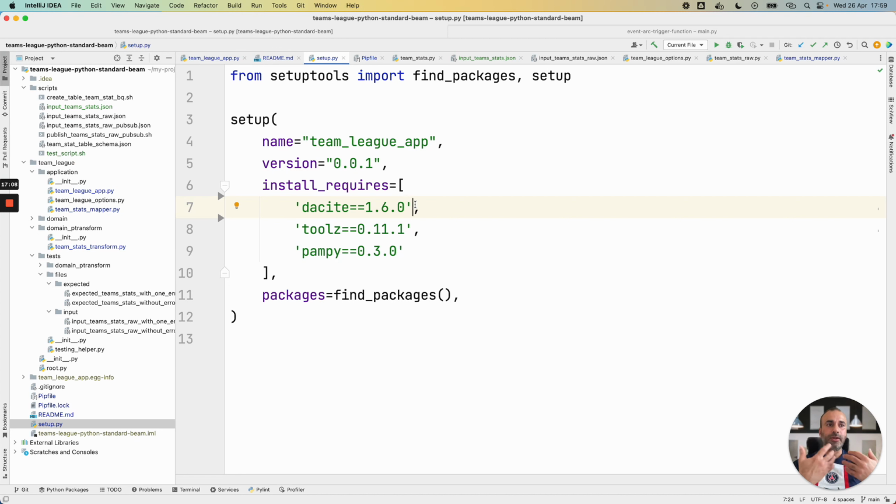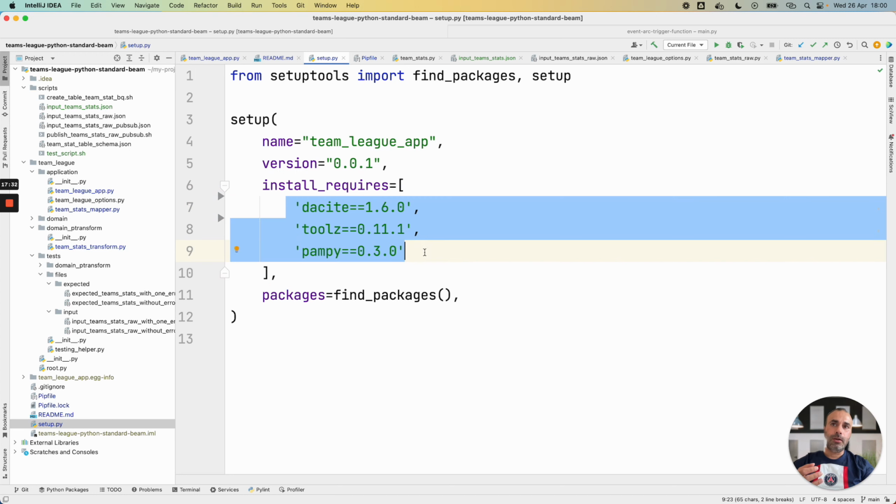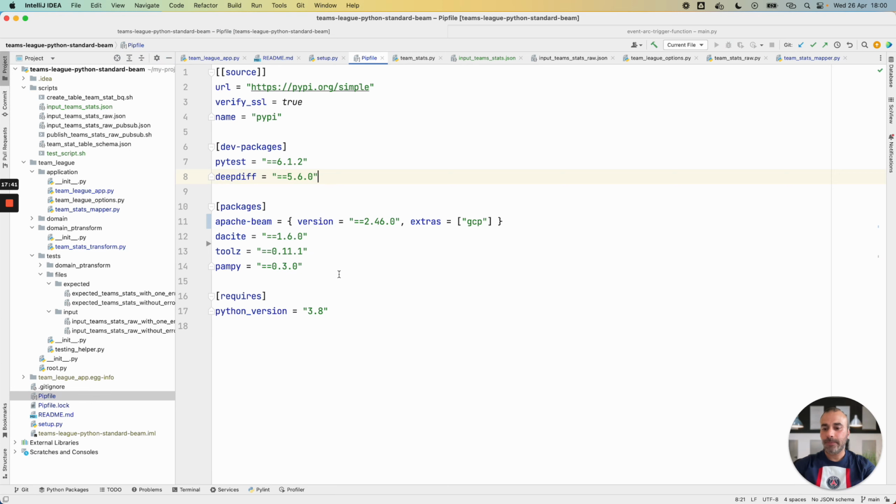It's very important to have the same packages because the runner will prepare the job and the workers will use the setup.py file and the version needs to be the same. No need to set Apache Beam here because the Apache Beam will be taken from the runner. But all the needed open source packages from PyPI need to be the same and have the same versions.